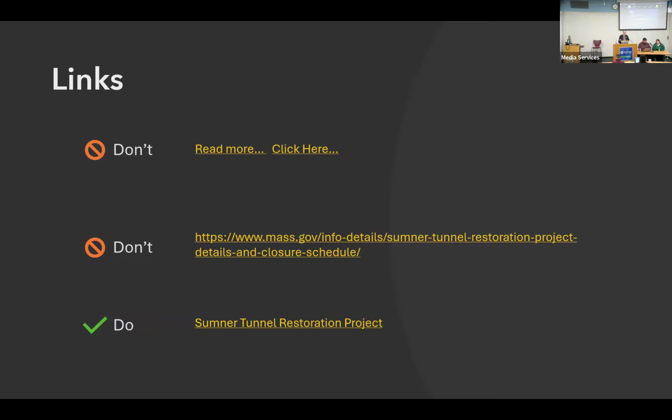And if all of the links say click here, click here, click here, there's no context. I have no idea where those links go. So instead of having vague language like, this is where it is, click here, we want to use meaningful text. Describe where that link will go. So for example, this example says Sumner Tunnel Restoration Project. I know exactly where that link is going to go, right? And if we don't put any meaningful text in our link, which is the second example,